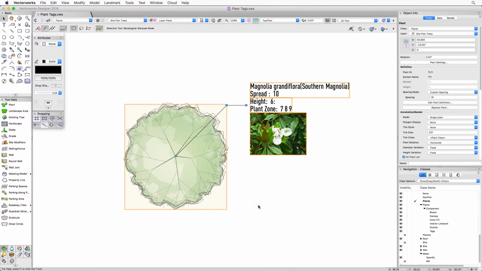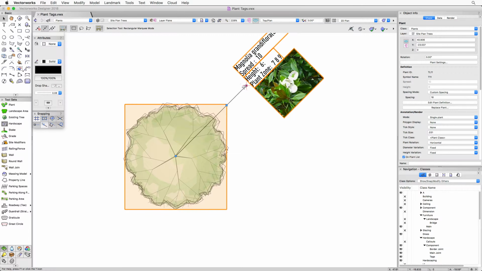Using the control handles to the left of the tag, we can adjust the shoulder angle. Click once to pick up the control handle, adjust the angle, and click a second time to place the control handle. The same goes for the approach angle of the leader line. Click the middle control handle once to pick it up, then adjust the angle and click a second time to